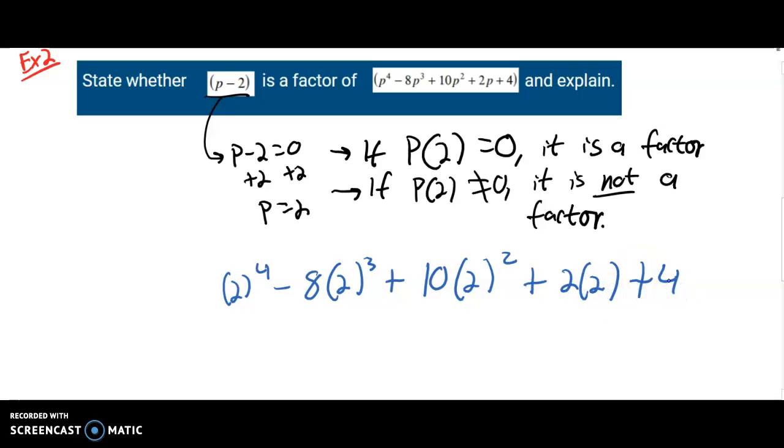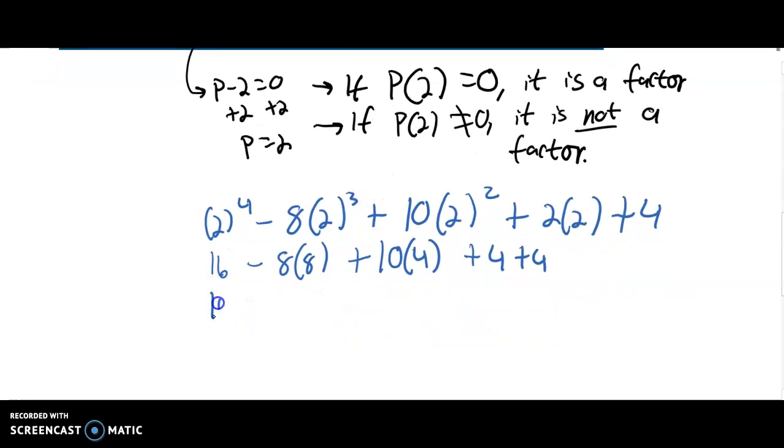Okay, 2 to the 4th is 16, minus 8 times 2 cubed is 8 plus 10 times 2 squared is 4 plus 4 plus 4. Okay, we've got 16 minus 64 plus 40 plus 8,